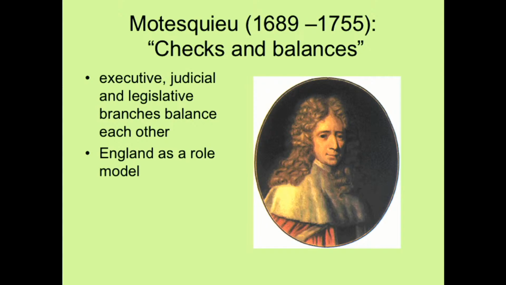Checks and balances, executive, judicial, and legislative powers should balance each other. Okay, so England as a role model. Look at the England. Look at the country of England. It discovered for us something which we can call natural law, and to make sure that government becomes a good government, you need to follow this principle: checks and balances. You need to balance power among these three branches of power. That's how you're going to have a good government.